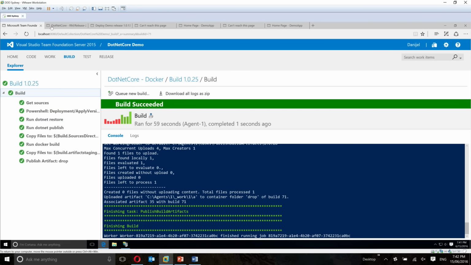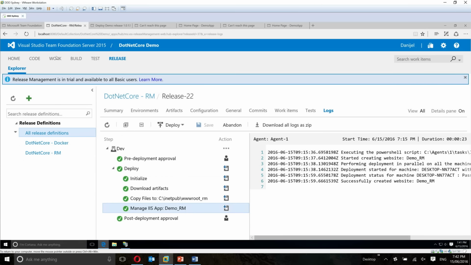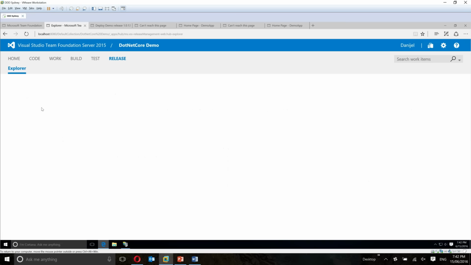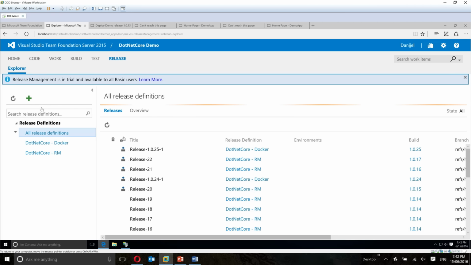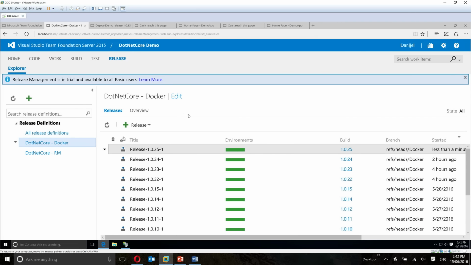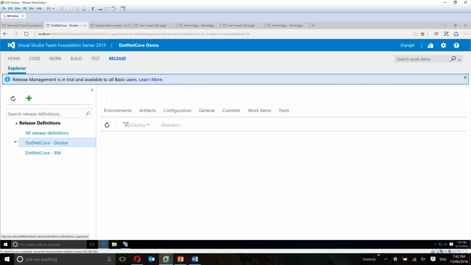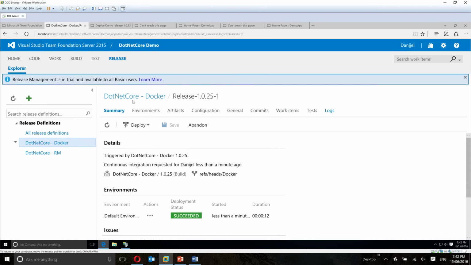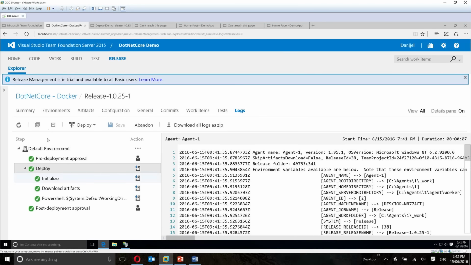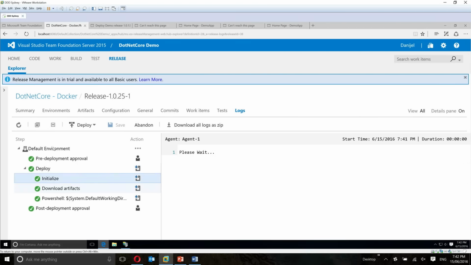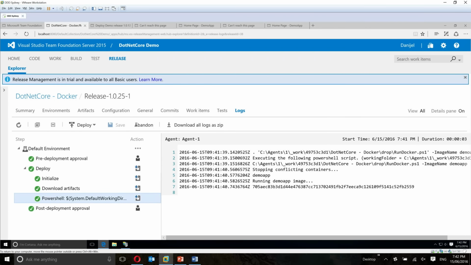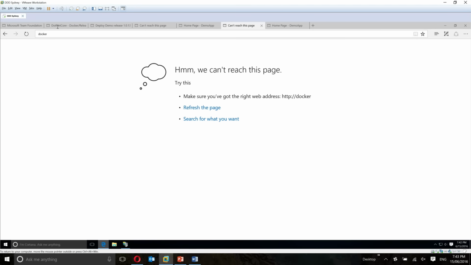If I switch now to release, I already have a release. It was executed incredibly fast. Let me show you the log. That's all I have to show. It did the same steps. It pulled down that PowerShell script and executed it. You see here, it stopped the conflicting containers, those that were running on port 80. It ran the demo app. That was my image. And if I go here and refresh this,